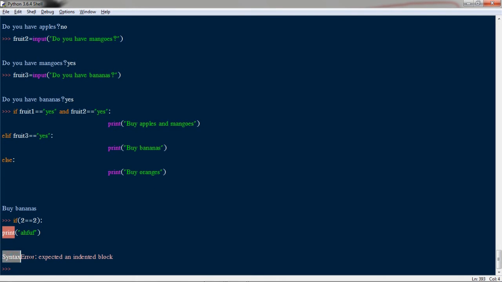You can see I've got an error. Why have I got this error? Because after this colon, Python expects me to write in a proper indentation. I have to write it after giving some spacing, because now this print has just come beneath the if, and this is not the correct syntax.